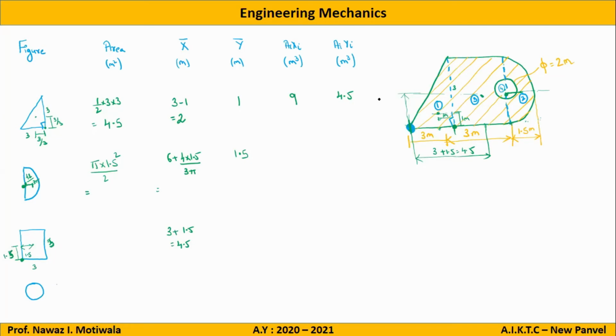Thank you for correcting. So 1.5. Now what about y? How much will y be for the rectangle? Same. The distance from here to here is 1.5. Directly I will write 1.5. And area will be 3 multiplied by 3, that is 9.